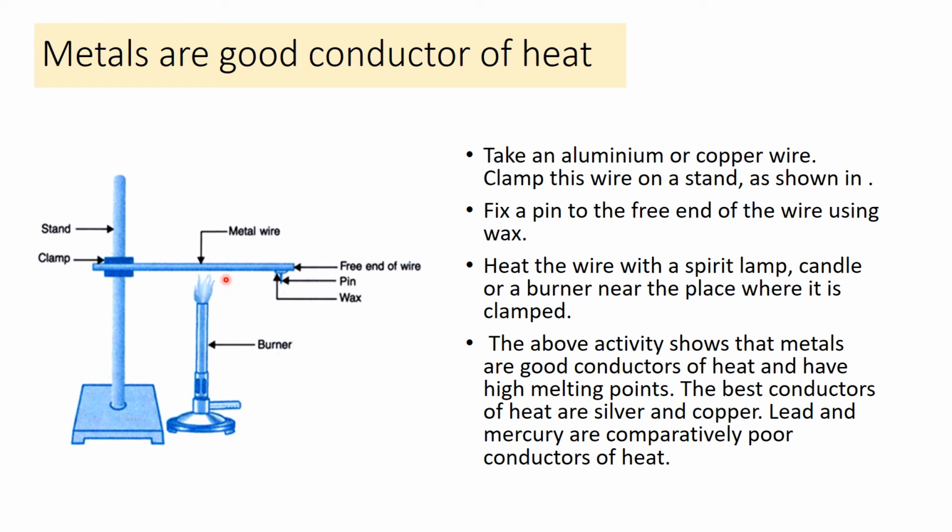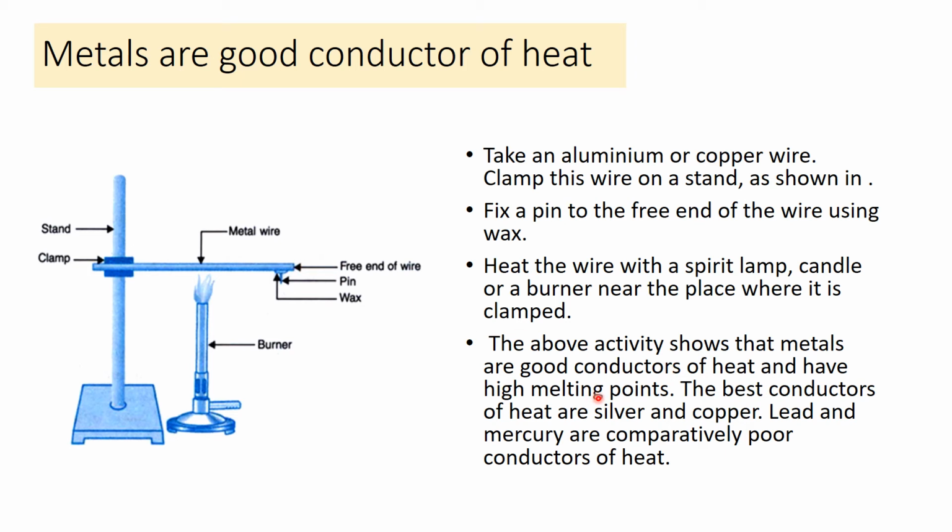What does it show? That this heat, when it is given to this metal wire, transfers the heat from one end to another end, and because of that when this end becomes hot, because of the heat wax melts. But you can observe one more thing, that metal wire doesn't melt, means it has high melting point. So by this activity you can show that metals are good conductor of heat and they have a high melting